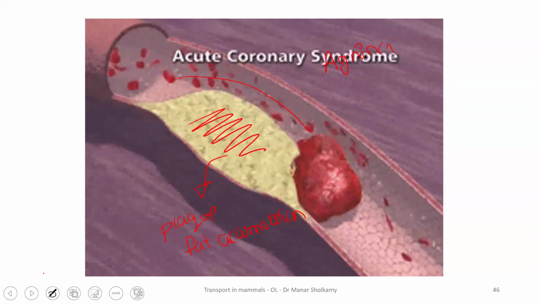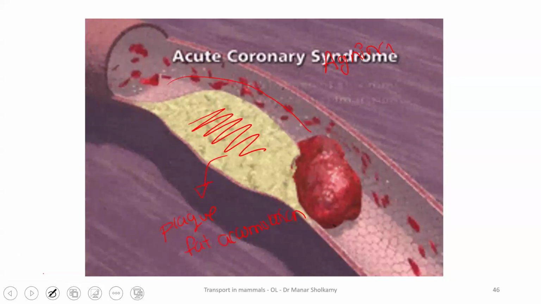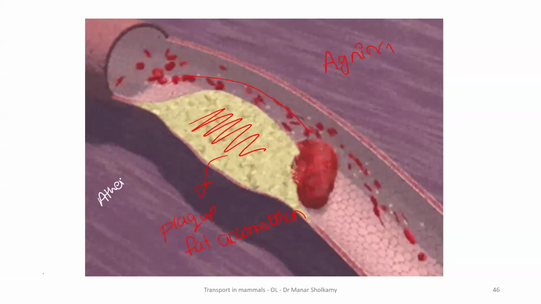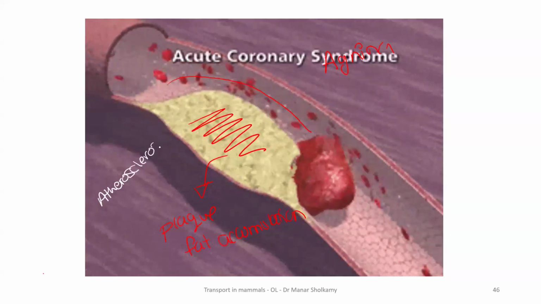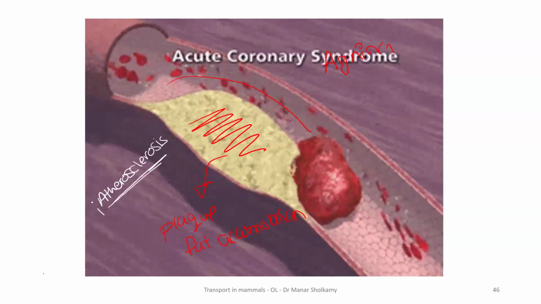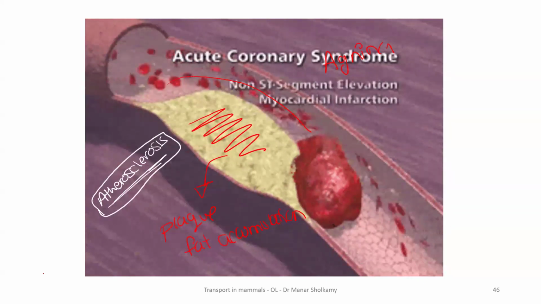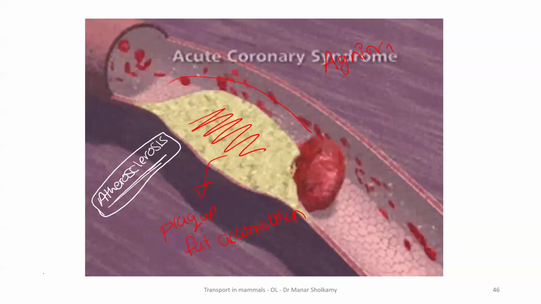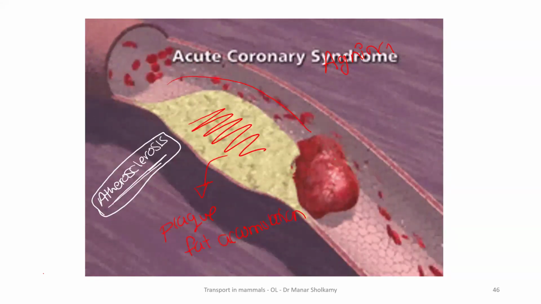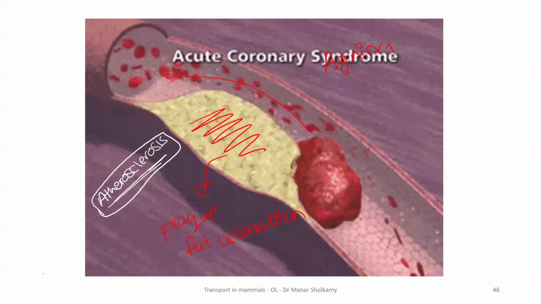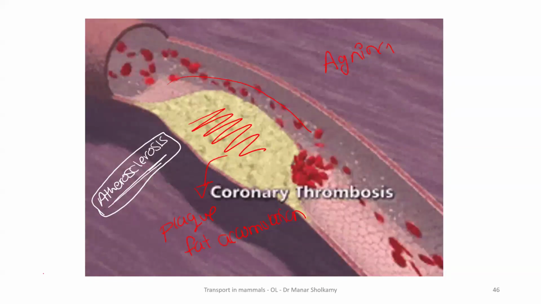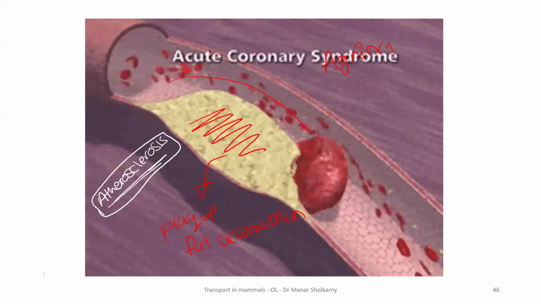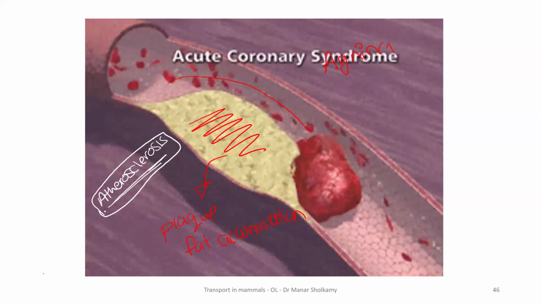Okay? This process of accumulation of the fat is called atherosclerosis. Can you say it? What is atherosclerosis? Yes, atherosclerosis. This simply means eating lots of McDonald's and lots of noodles. That will cause the buildup of fat in your arteries. It can happen in any artery in the body, but if it happens in the coronary artery, this is very dangerous. It can lead to coronary thrombosis or cardiac arrest, heart attack, God forbid.